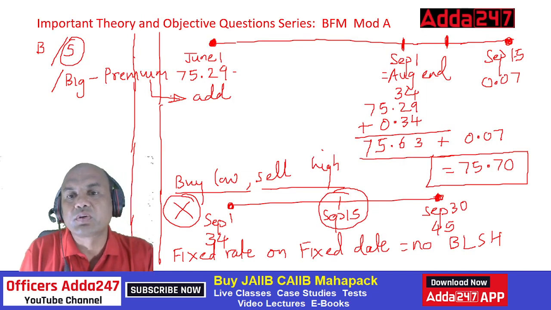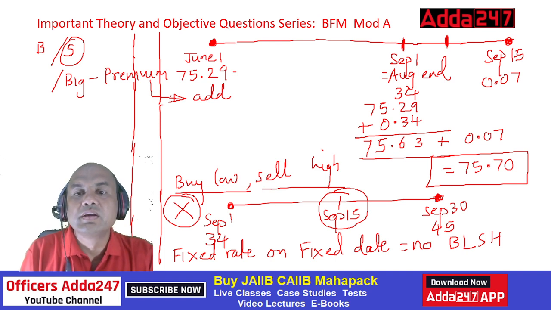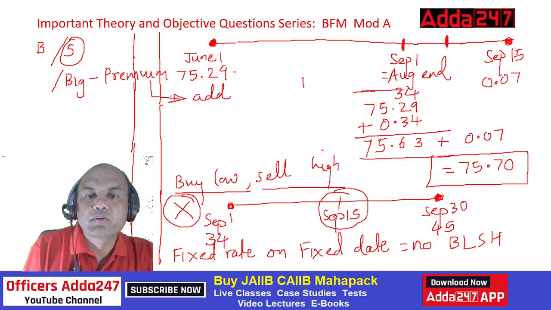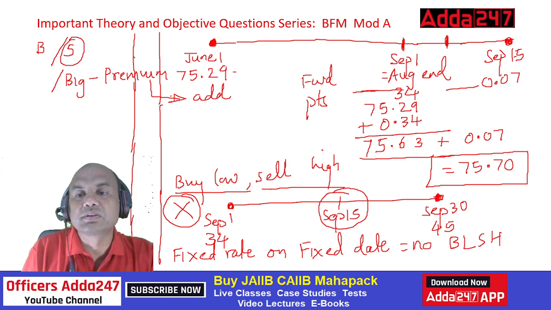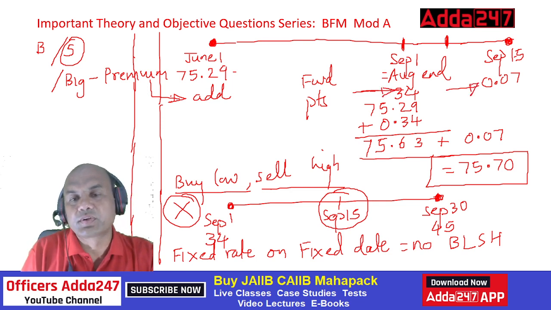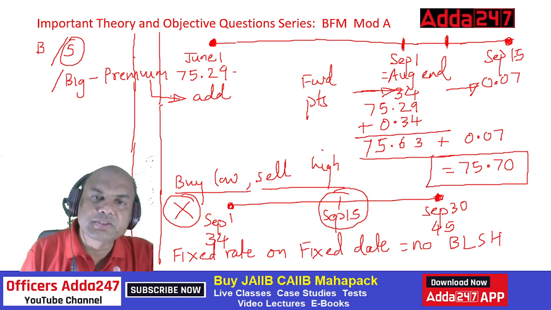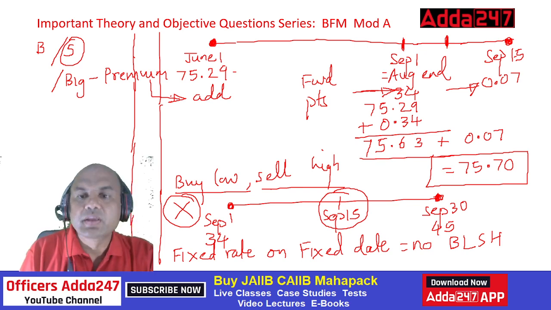What is this? August end, which you took. This is known as a forward point. Forward point means whichever points are given for future. These are known as forward points. Similarly, these are also forward points. So these are all called forward points. So we have done forward points also. Okay. So now